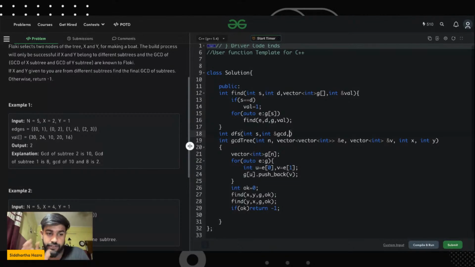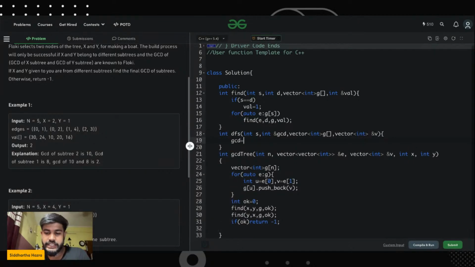This is the first GCD, and then we would have the vector int array, and then the array of